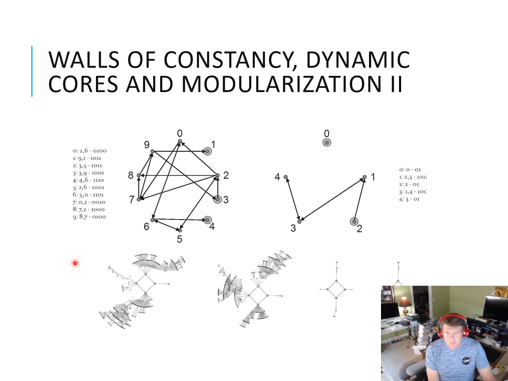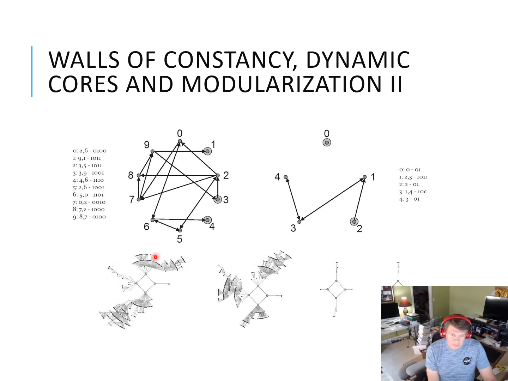So another particular example of this. Here we have a network with 10 nodes. Here are the rules for the 10 nodes, and here are the inputs. If we look at input 9, according to this, 7 and 8 are both inputs into 9. We see that there. And here is the rule for how we evolve that node depending on what the inputs are.